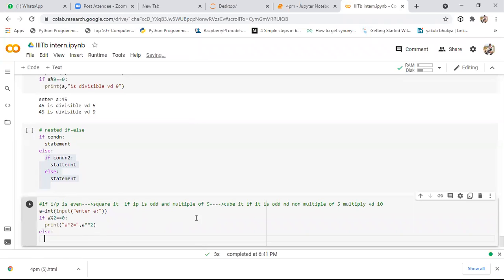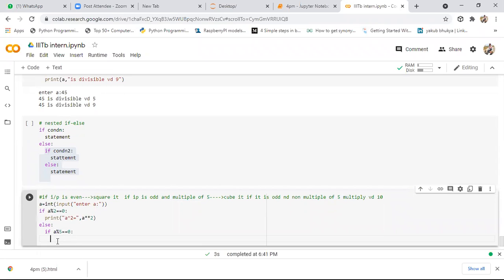If it is an odd number, we need to check whether it is a multiple of 5 or not. To check this condition, in place of this statement, I'm writing one more condition, a percentile 5 equals to 0.